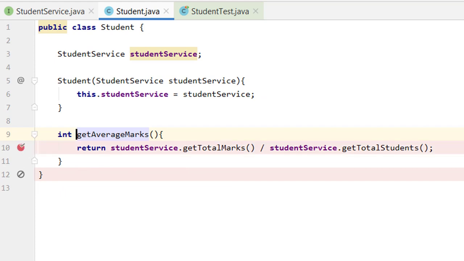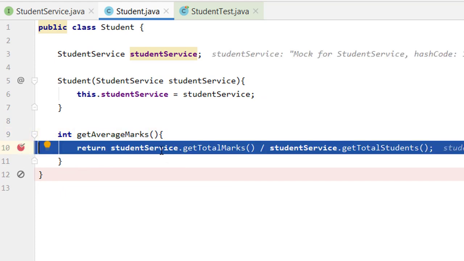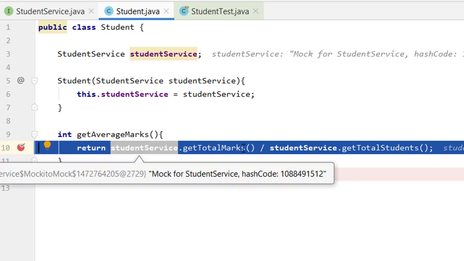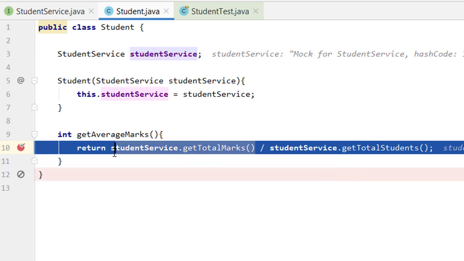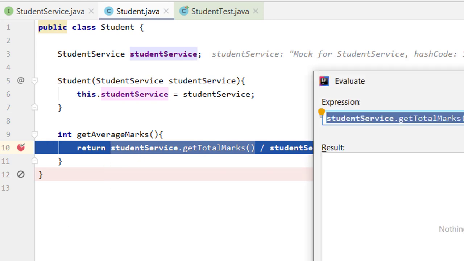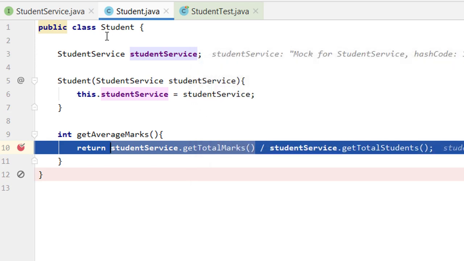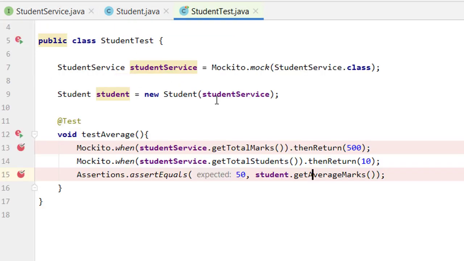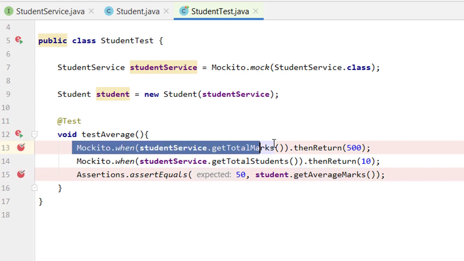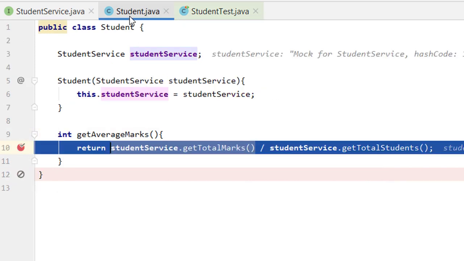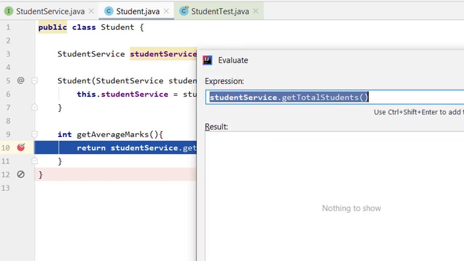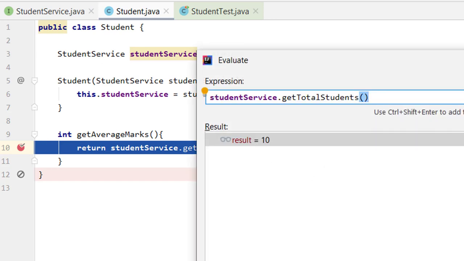Now let me put one debugger here also, and so in here we have got the object, the student service also, and if we evaluate the value of studentService.getTotalMarks, then it is showing 500. Okay, because we are giving the dummy data to it in here, like Mockito when, and in the same way, if we evaluate this student method, then it gives us 10.